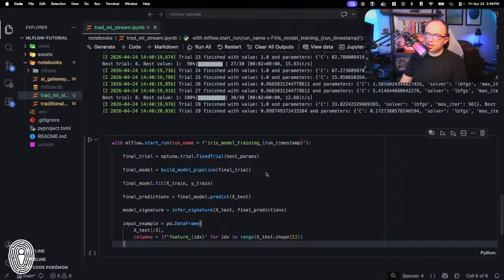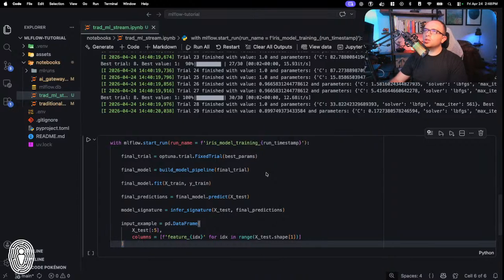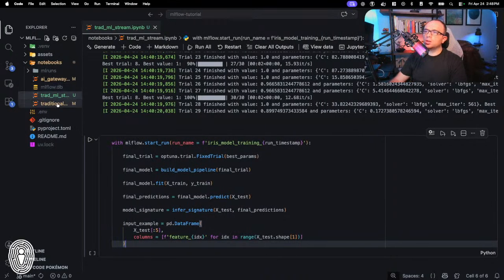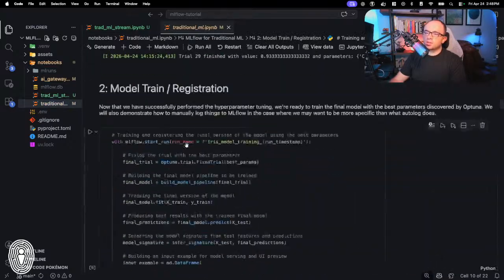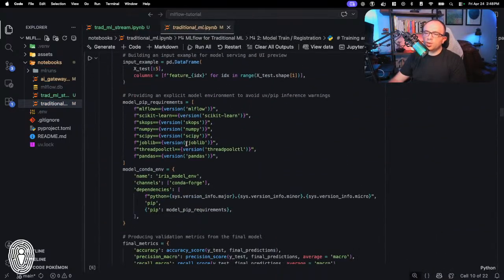Now, this next thing, do I even want to do it? You know what, I'll show it in my other notebook, but I don't think I'm going to do it in this one. This is all the exact same code. I mentioned that when we train this model through MLflow and register it through the model registry, it creates a number of different files that represent our Python libraries and such. It's going to infer the different pip requirements that you need, but if you want to specify them more explicitly, you can do it this way.